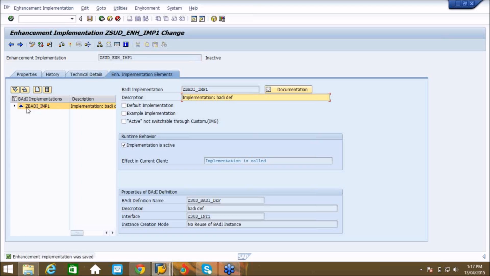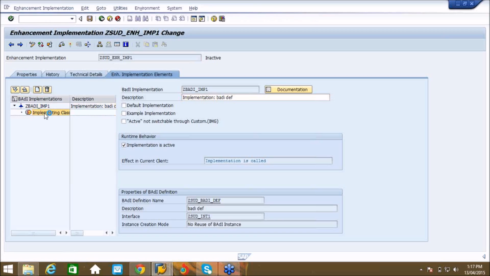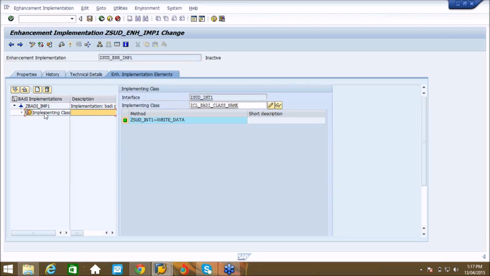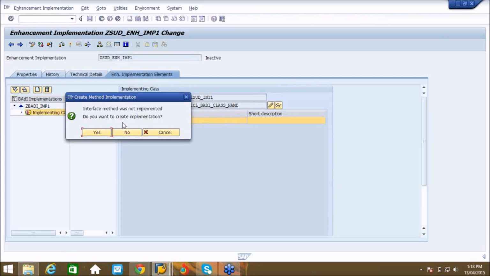Under that BAdI implementation name, if I expand, it has an implementing class. I'll go to the implementing class. Whatever we have given, ZCL_BADI_CLASS, that is my class. My class has a method WRITE_DATA. If you want to write code inside WRITE_DATA, double click on this. Because it is a class, now you can write the code.